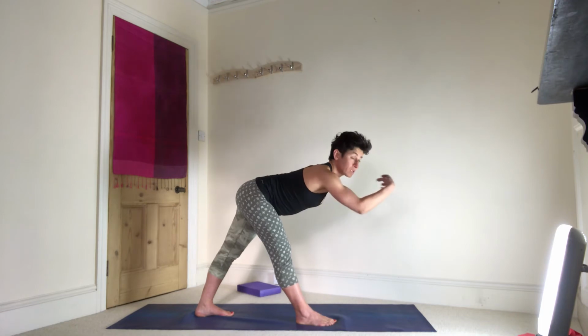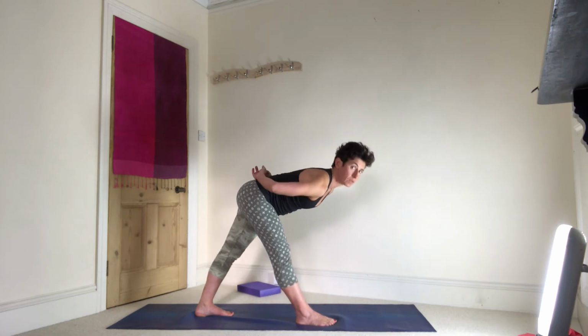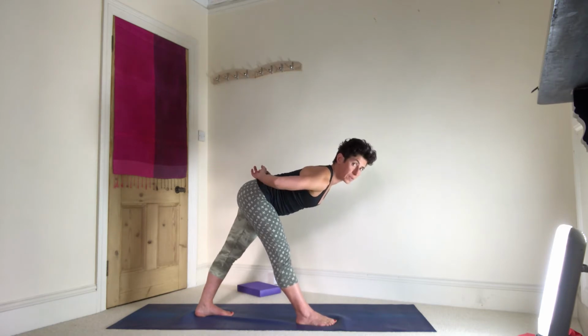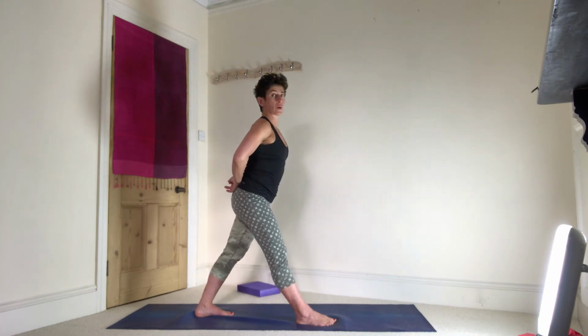Once I feel that I'm as long as I can possibly be, then I'm going to hold it steady there, reaching the hands behind the hips, and then holding the hands together behind to see if you can avoid the shoulders sagging, flopping. See if I can keep them lifted, see if I can keep them together. 5, 4, 3, 2, 1. Big push from the right leg, and then I'm going to ease my way all the way back up